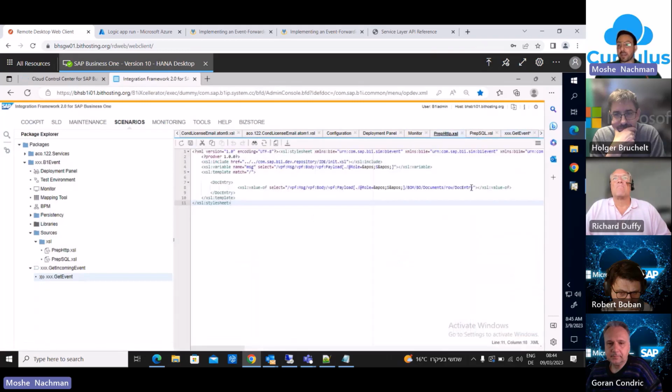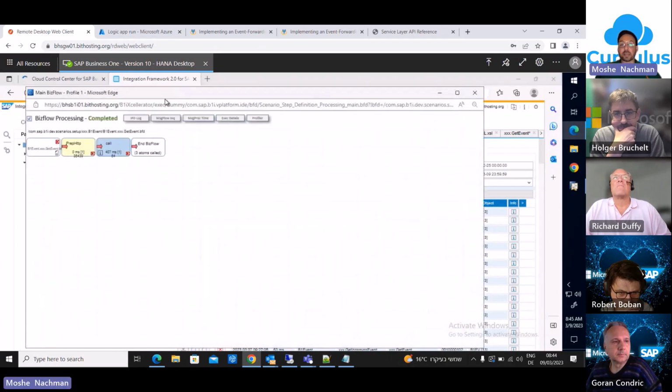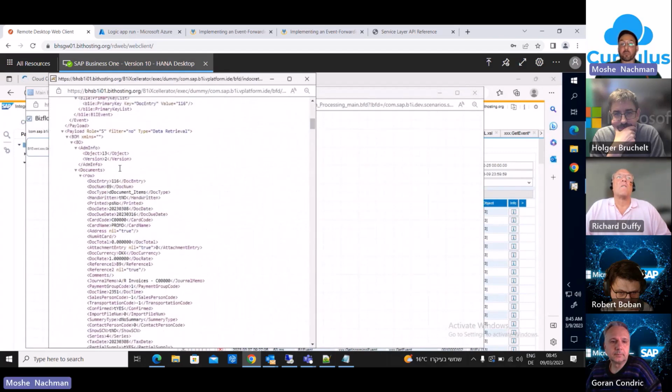I just went and said, give me the doc entry from the payload. But I can potentially take whatever I want. If I go to the monitor and look at the incoming payload here, I can see that the incoming payload shows much more. I can take every piece of information that I want from that incoming invoice, and I can just parse it, send it to Azure, take an XML, turn it into JSON,